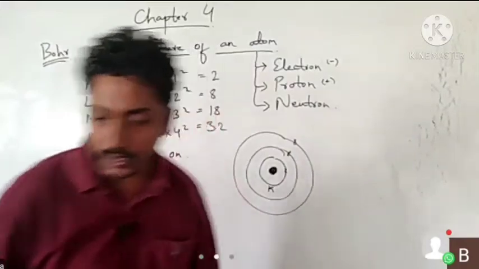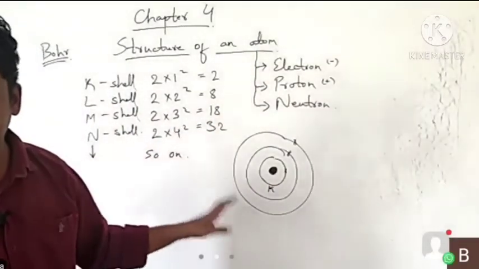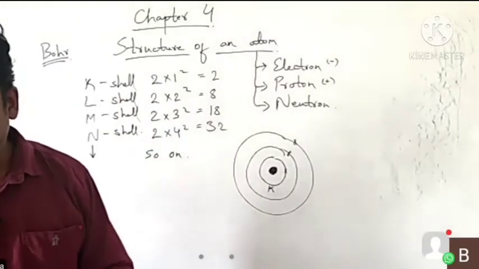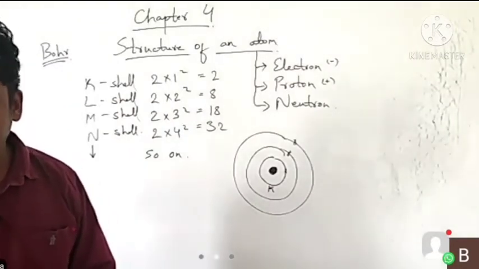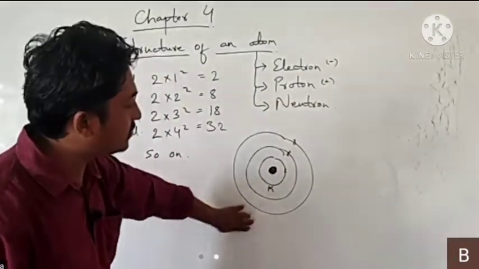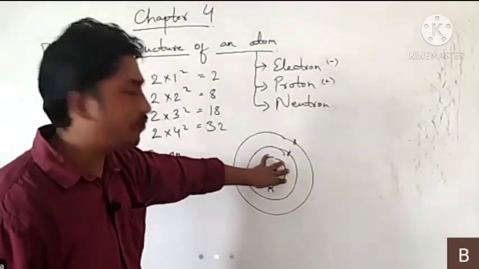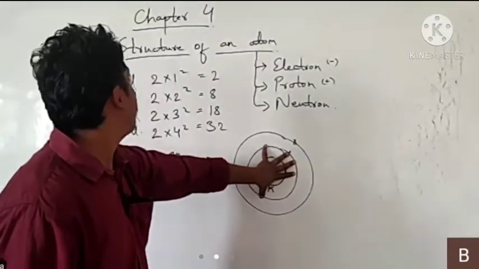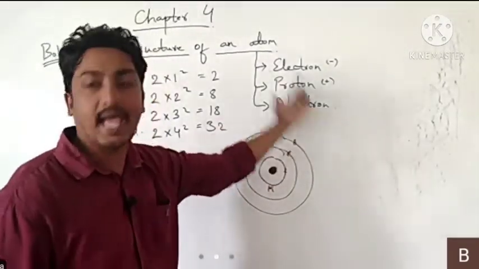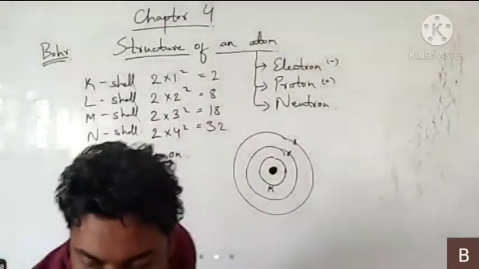So electrons are not placed in a given shell unless the inner shells are filled. That is, the shells are filled in a stepwise manner. Stepwise manner means that if the K shell is filled, after it is filled we can fill the L shell, then the M shell, then the N shell. So we will take an example of a few elements.